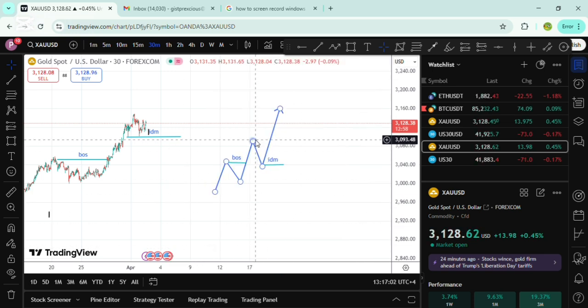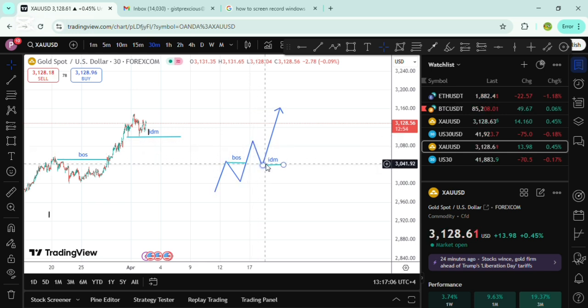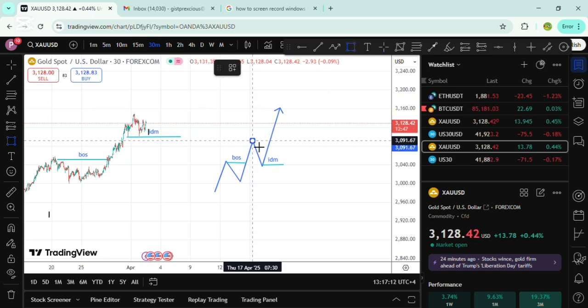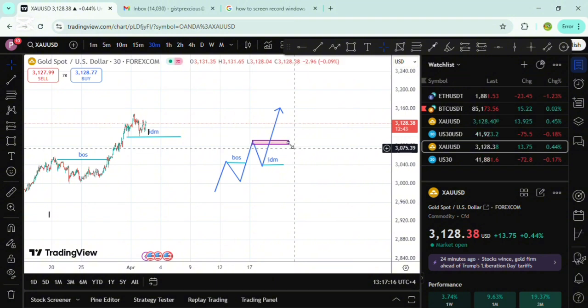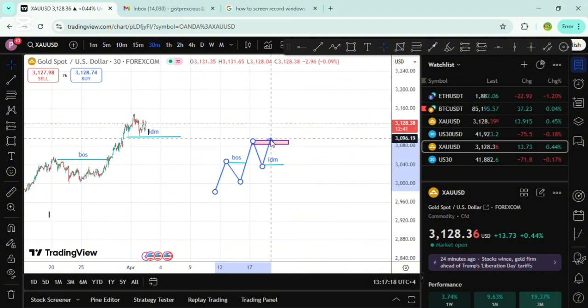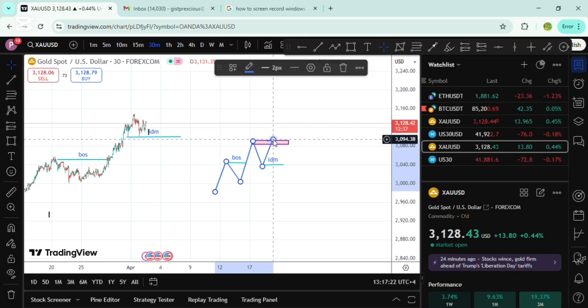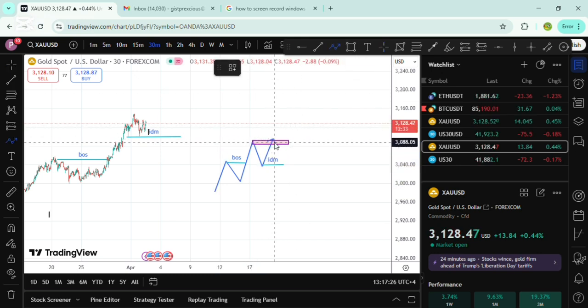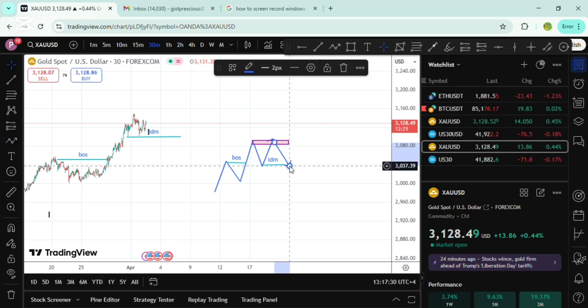There's an order block down. The order block comes before the BOS. The order block is like the first inducement, but you won't count that as an inducement because it was what pushed for the break of structure. So there's an order block down, the BOS, the inducement. If the market did not pass that level where the arrow is now, it will go down.